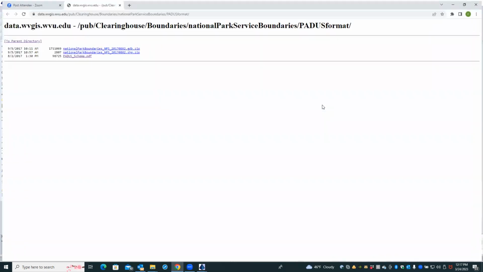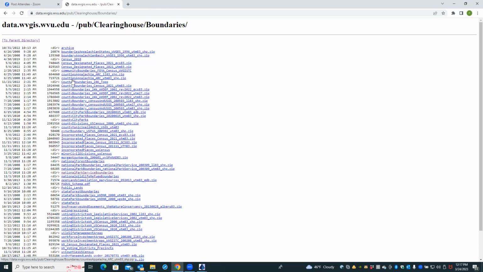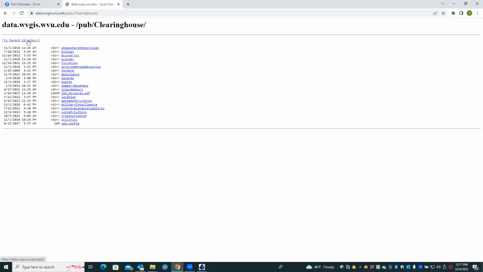There we go. All right, so now, where we are in this clearinghouse is where this static data lives, and we can go there, download the data, put it in our directories and use it, and hopefully, it's in good shape. Now, the thing that's live, though, that works with those servers that I was telling you about,